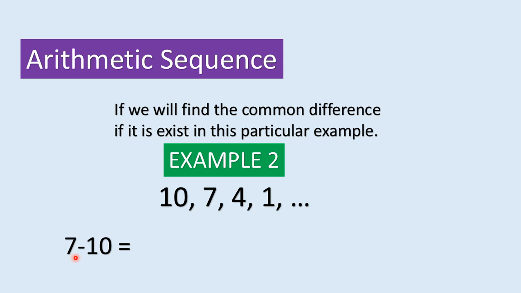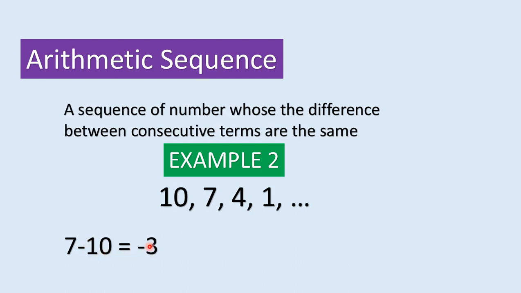Arithmetic says that the rule in integers, to find the difference between two different numbers, is to get the difference of these two numbers, which is 3, and follow the sign of the highest number. In this case, the highest number is 10, and its sign is negative, so we write the negative of the difference. So the answer is negative 3. So we have 7 minus 10 is negative 3.